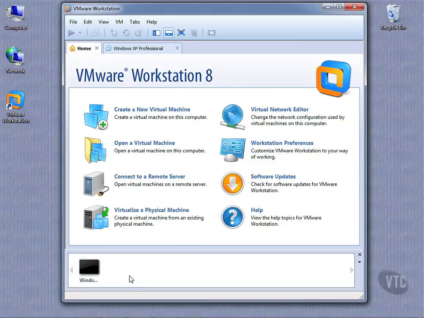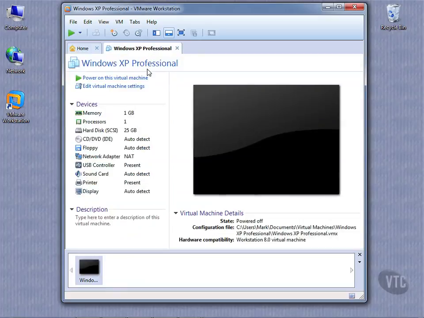At the bottom, I will actually see all the virtual machines that I've either installed or I've used before, and I can easily get to those just by clicking on them. For example, you'll see down here I have a tab that corresponds to this particular virtual machine, and just by mousing over it I can see that this is a Windows XP Professional virtual machine. Or I can go to the tab here and see that it's XP Professional. That's the name I gave it when I installed it, and we're going to configure this very machine later on. I'm just going to delete this one and redo it,